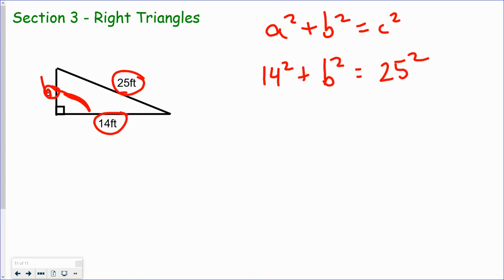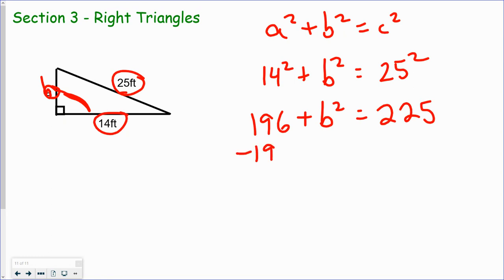14 squared is 196. Now I've got my calculator right next to me. That's why I'm checking these and getting these. Oh, and 25 squared again. Man, they really want you to learn it. So 25 squared is 625. Then I finish solving. Subtract 196. And then I get b squared equals 625 minus 196, which is 429. Then, again, I want to get the b alone, so I find the square root of